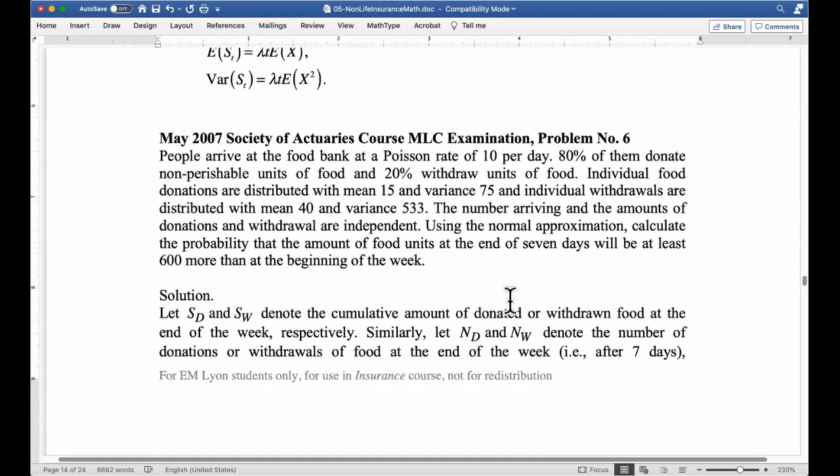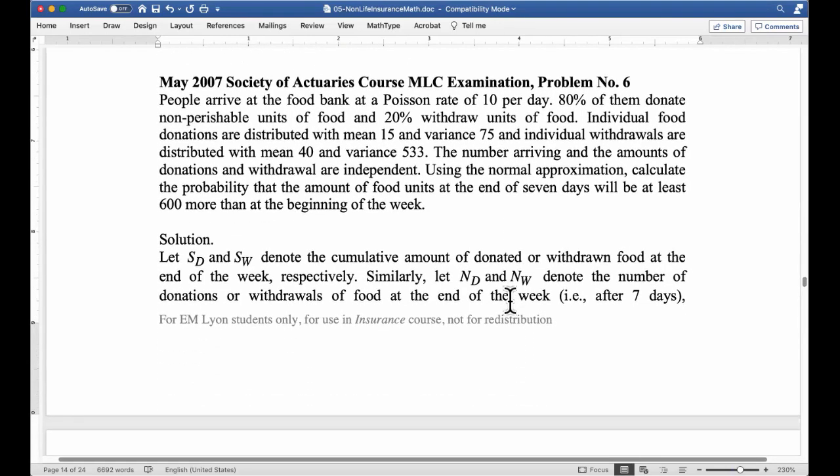Now here is an exercise applying this. People arrive at the food bank at a Poisson rate of 10 per day. 80% of them donate non-perishable units of food, and 20%,